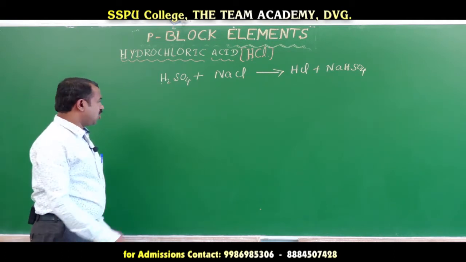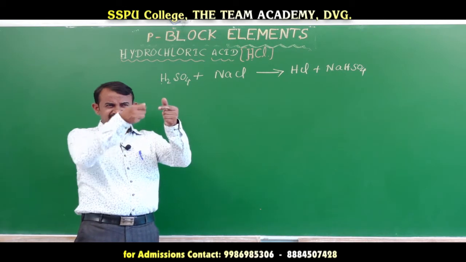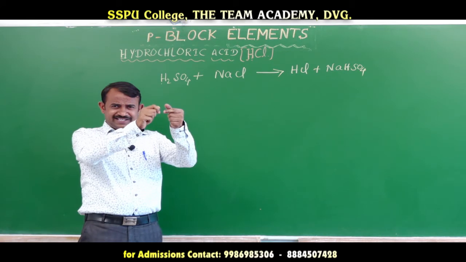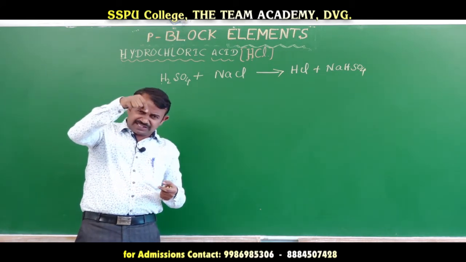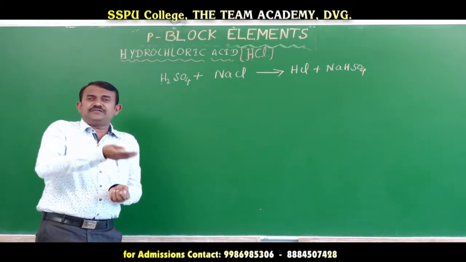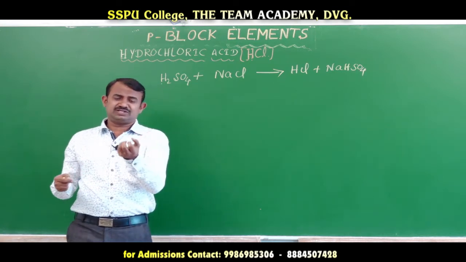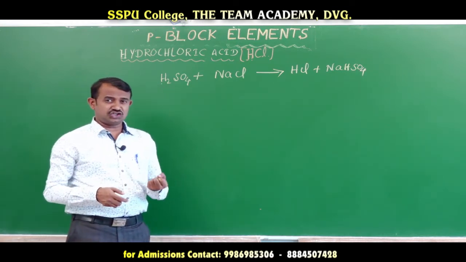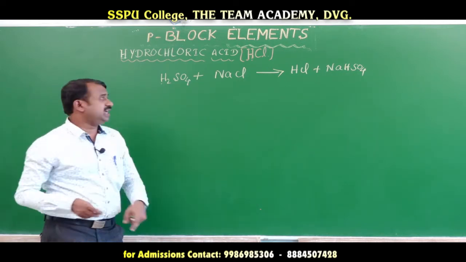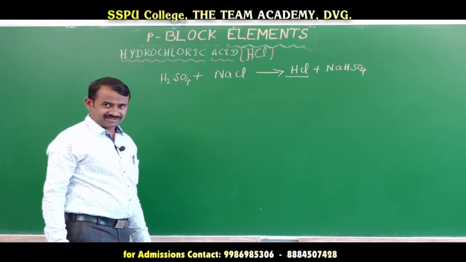In the round bottom flask, charge sodium chloride and take an addition funnel. Slowly add sulfuric acid dropwise. When 2 to 3 drops enter the sodium chloride, the white fumes immediately come. The white fumes are passed through sulfuric acid. If any impurity or moisture is there, it is removed in the sulfuric acid. When the pure HCl gas is passed into water, it gives hydrochloric acid solution.